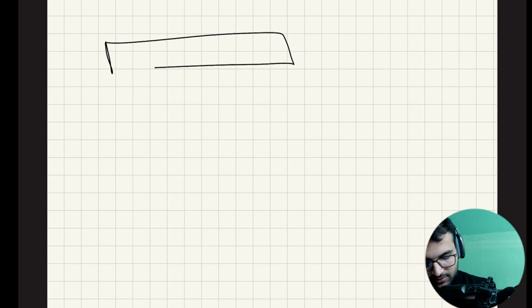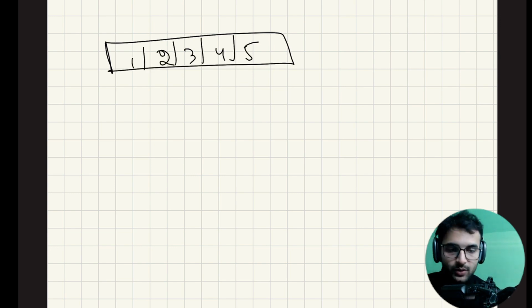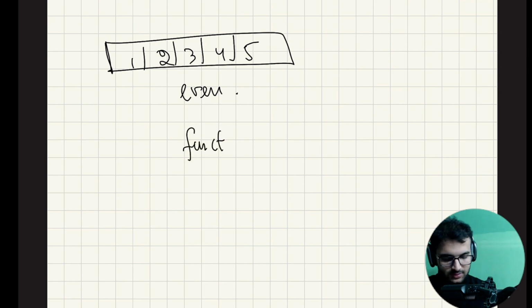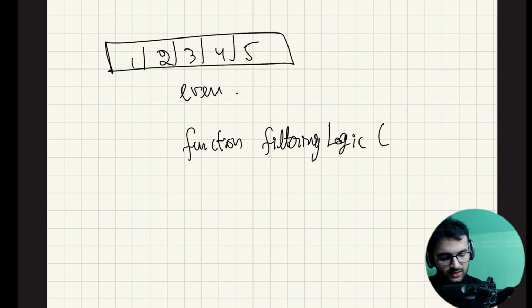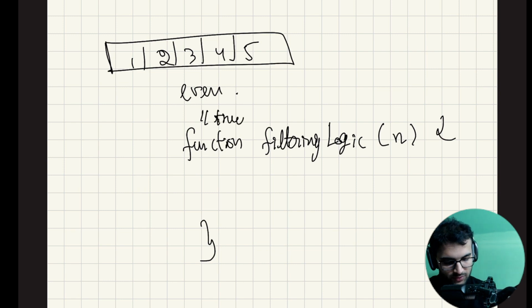What is the input? 1, 2, 3, 4, 5. What is the question? Only even values should stay. Can I say, I am going to create a function, call it filtering logic, which will take all of these as input one by one, and it will return either true or false based on what the